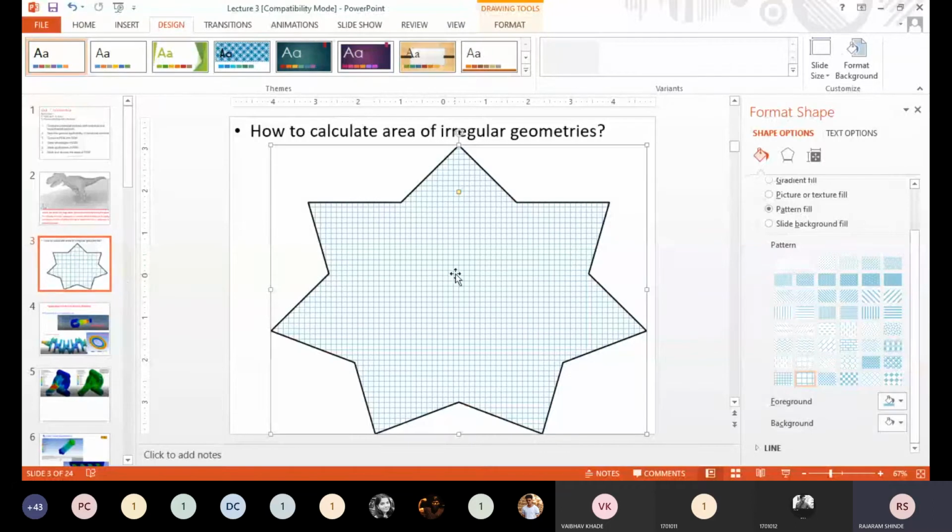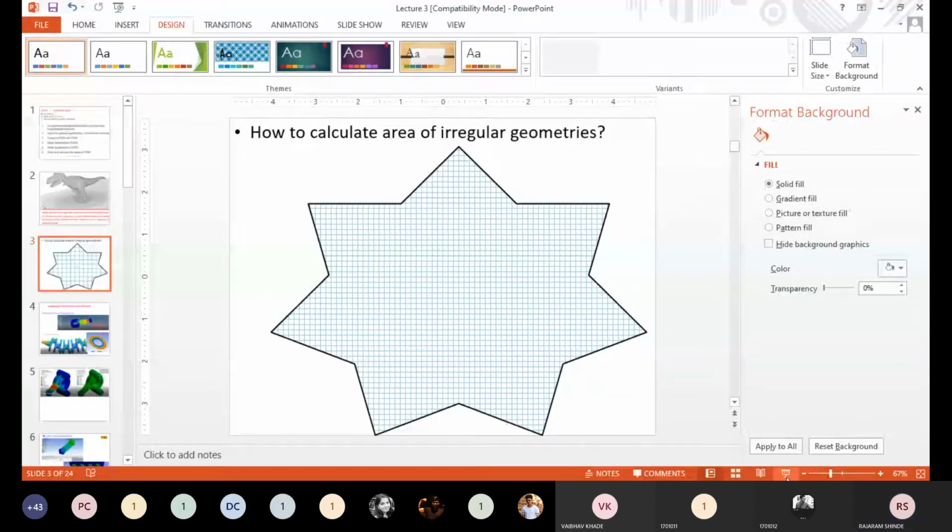Now again, you can see here a single square is known as an element. That means there are a lot of elements here, and the connecting points of those elements are known as the nodes. Here we are improving the accuracy of the results by increasing the number of squares, the number of elements, and reducing the size of the elements. This is the basic idea of the finite element method. I hope you will get it as we progress.